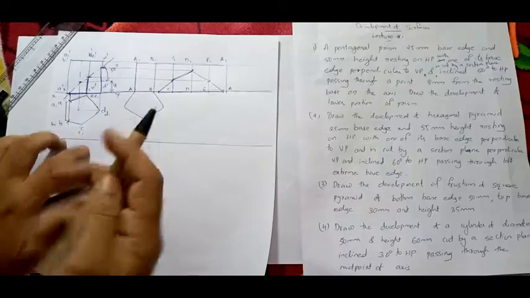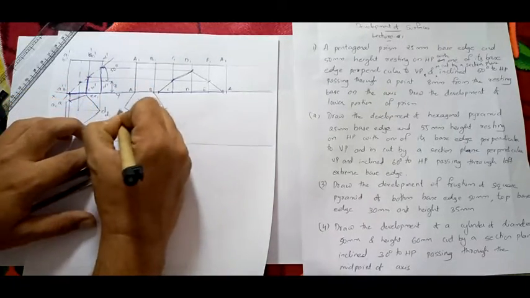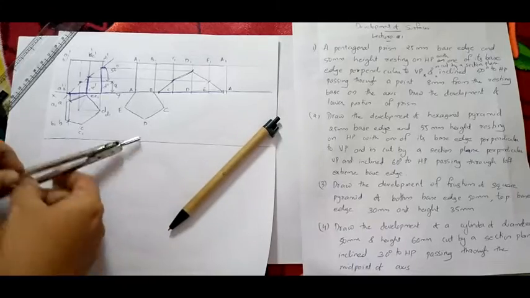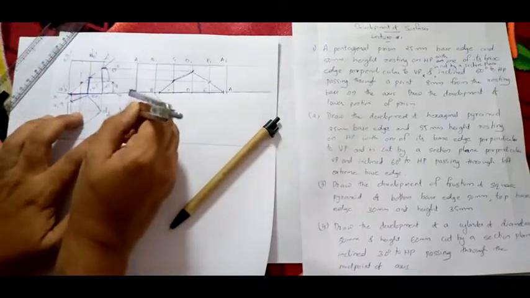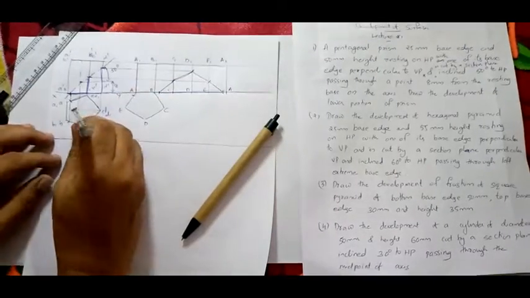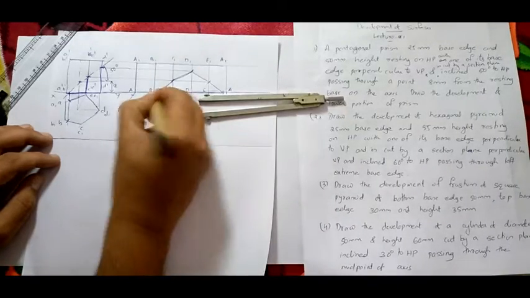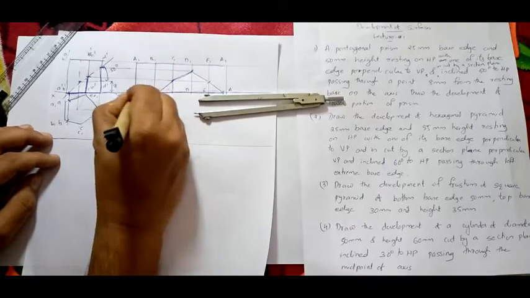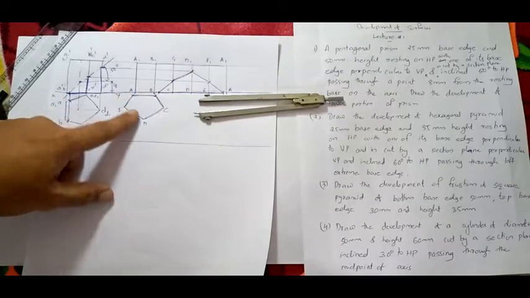For that you have to name it. Here it is A, here it is B, this will be C, this will be D, this will be E. Now you have to cut similar to that. That is EA, take EA. From here cut on EA, you will obtain a point here. Similarly from C to B, cut it here, you will get a point like this. And see, this one is actually representing your base. So this much only is your base.